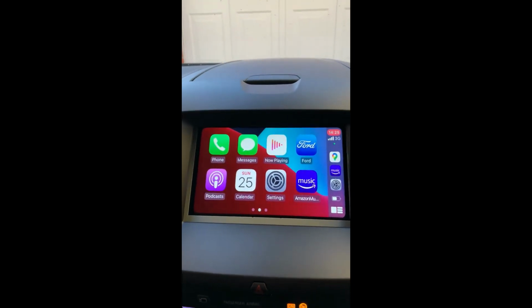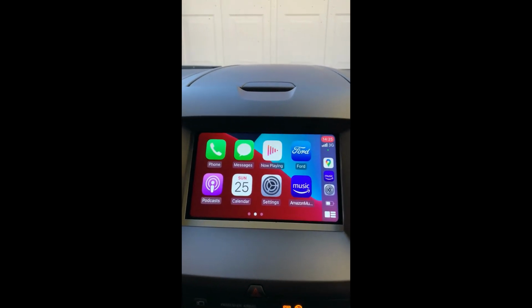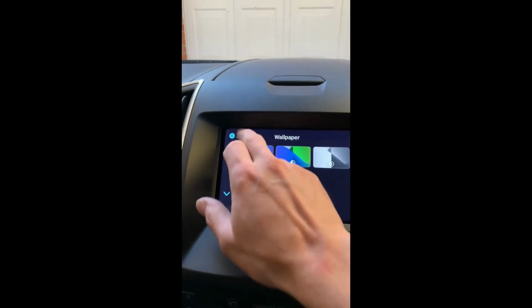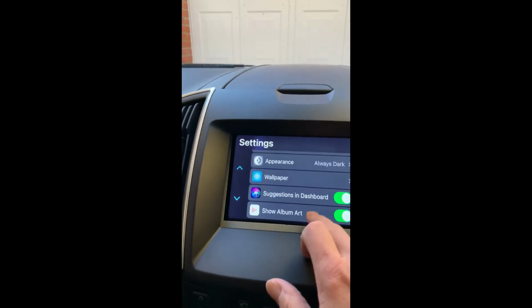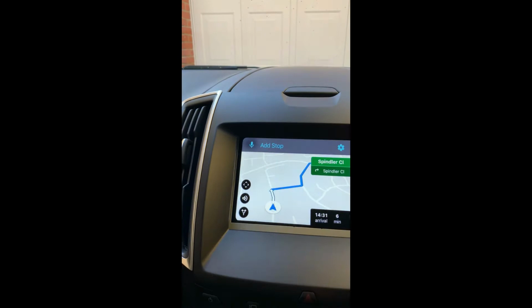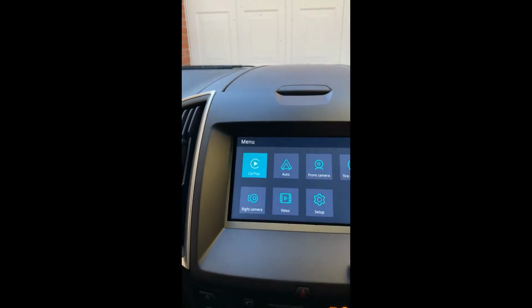Okay, CarPlay linked wirelessly, all appears to be working fine. Scrolling, all the buttons appear to work and they're in the right place. However, if I go back to Ford Sync